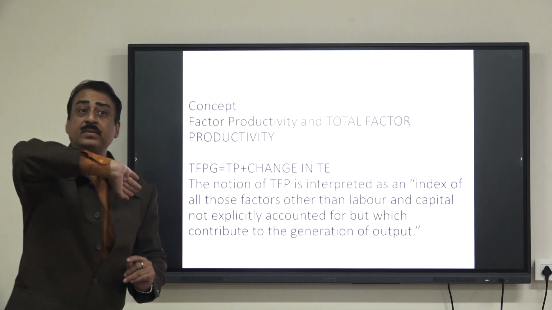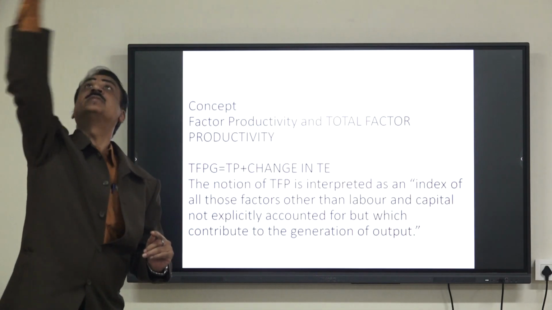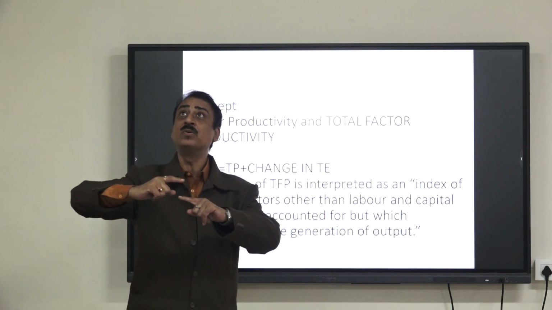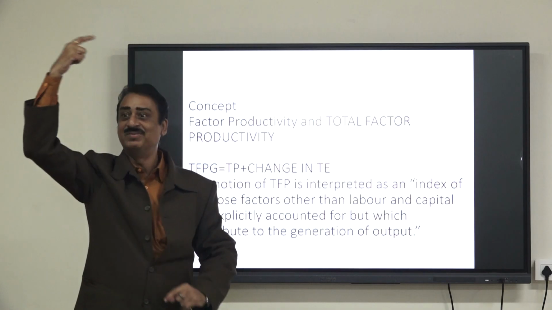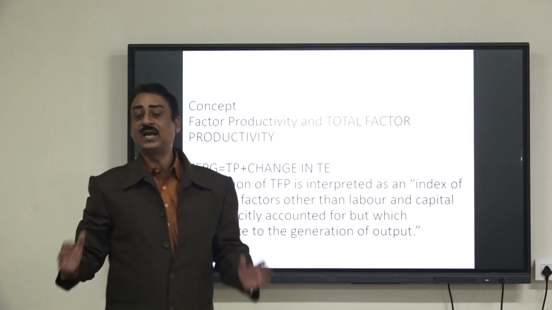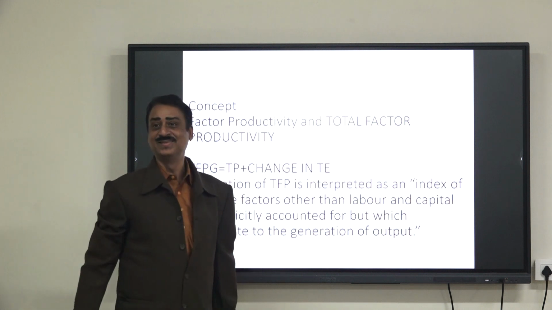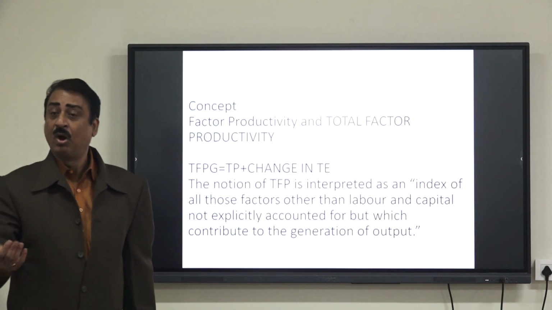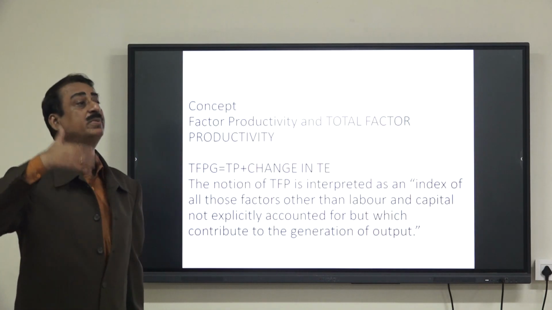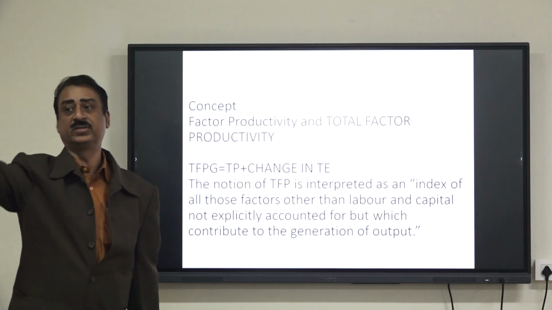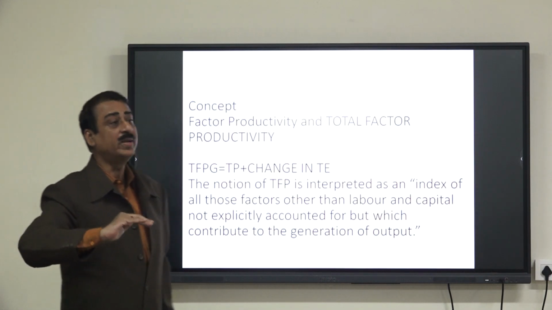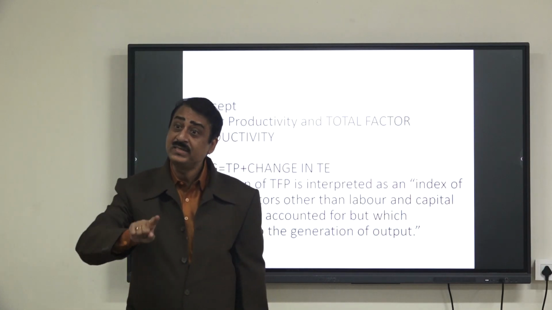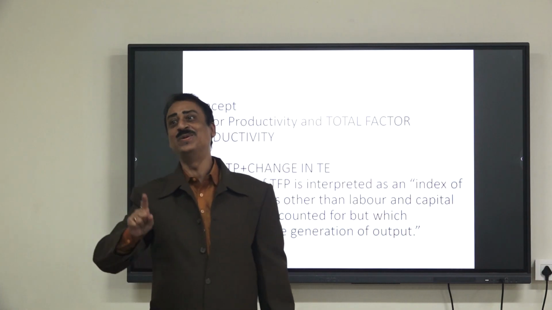Now imagine that the curve which is given shifts upwards. Shifts upwards means for a given level of input, now you are able to experience much higher levels of output. So that is what is called your technological progress. Technological progress would mean that for given levels of inputs, you will be able to realize higher and higher levels of output. So now when the new technology comes, whether your efficiency will remain at 80% or will increase or will decrease,